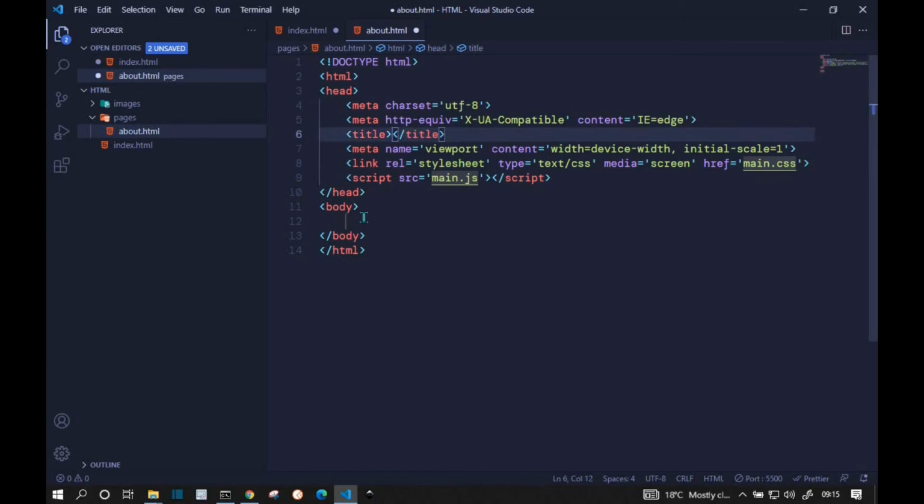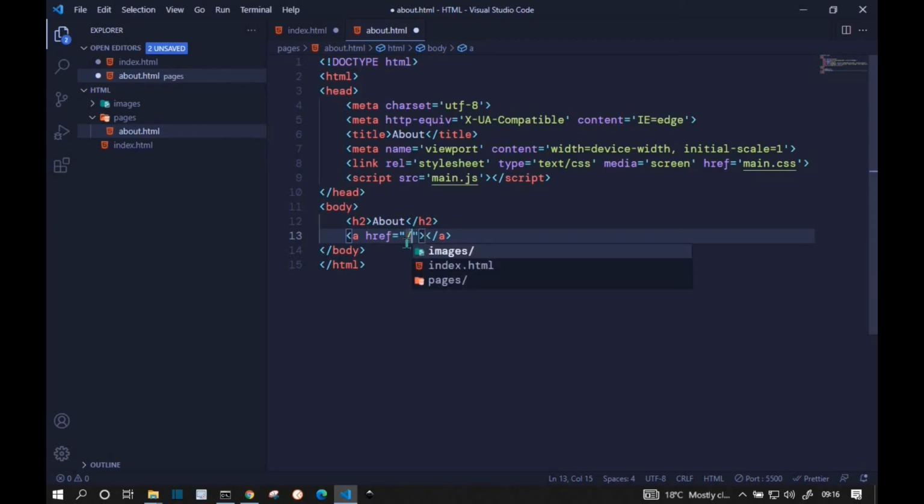And all I will do, I can change the title to about, and then right here maybe I can add a h2 of about, and then at the bottom here we will also include a link that will link back to our home page. And how we do that is using the A tag. We have href, and now we should go to our index.html file or point to this file. We can do that in several ways. The first way is using a /, and this will indicate the root of our website or project. And now we can navigate to index.html, and then right here I can just say home, and I save that file.